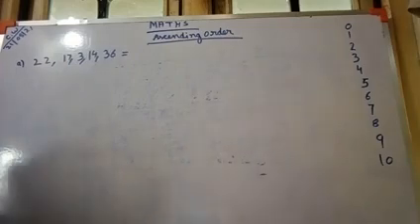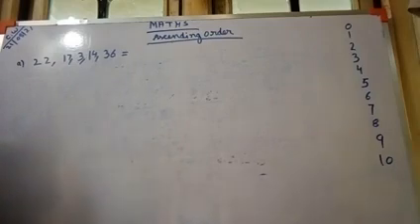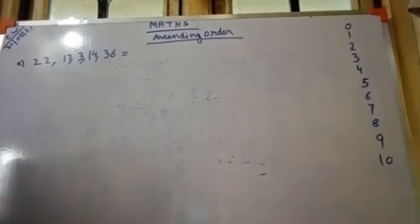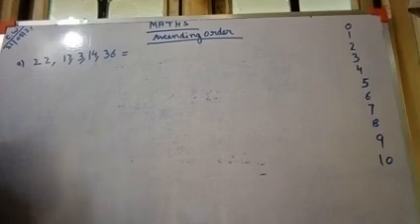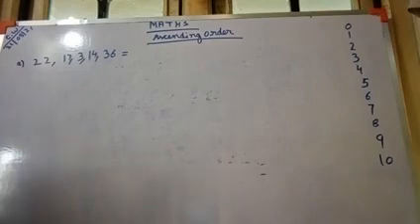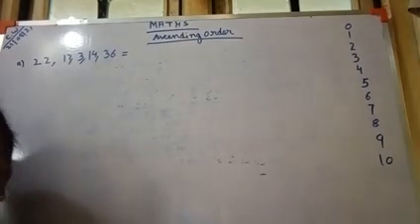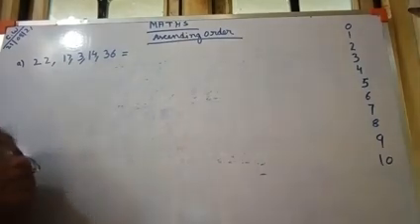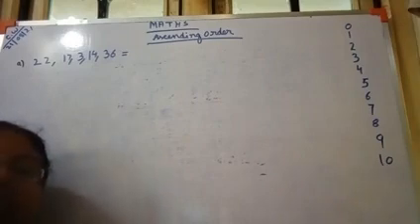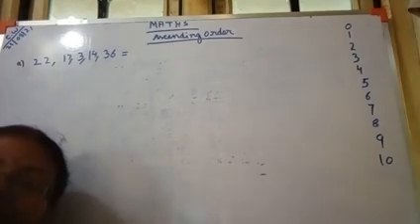When we are doing forward counting, that is also smaller number to bigger number. As we go forward, the number becomes big. So keep this in mind, that when we are doing forward counting, it is from a smaller number to a bigger number. So we have to arrange these in ascending order, and ascending order means smaller number to bigger number.